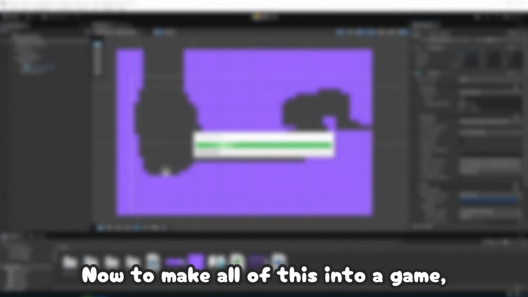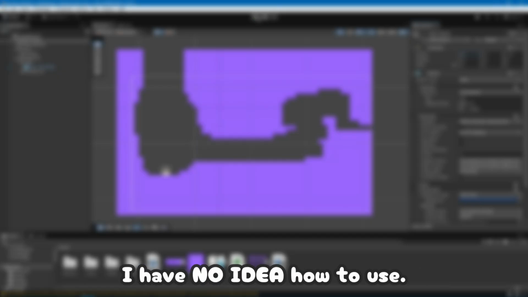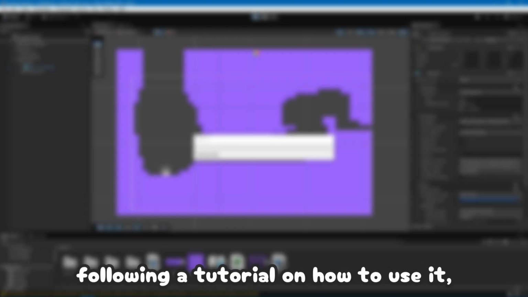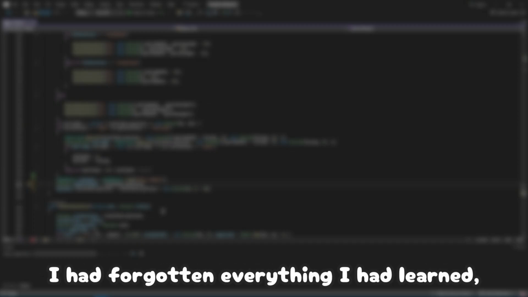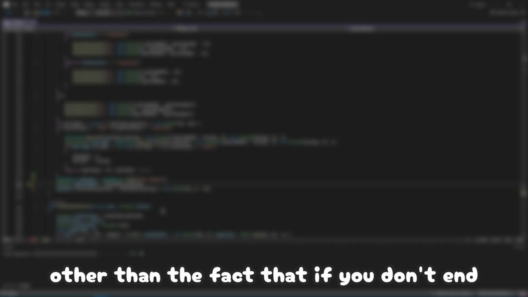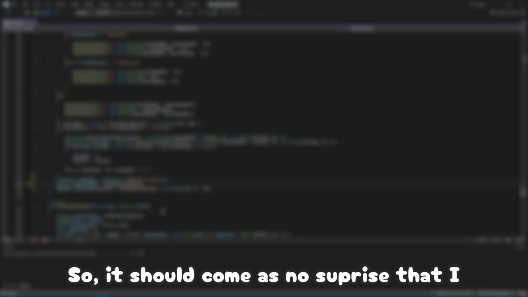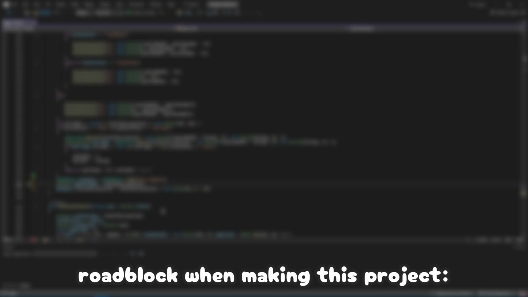So, now to make all of this into a game, on Unity, which, remember, I have no idea how to use. Well, actually I did know a little bit about Unity from the time I tried following a tutorial on how to use it, but that was cut short because the power went out halfway through the tutorial. So back in Unity at about the end of June of this year, I had forgotten everything I had learned other than the fact that if you don't end your lines of code with a semicolon, you die in real life. So it should come as no surprise that I immediately ran into a huge roadblock when making this project: